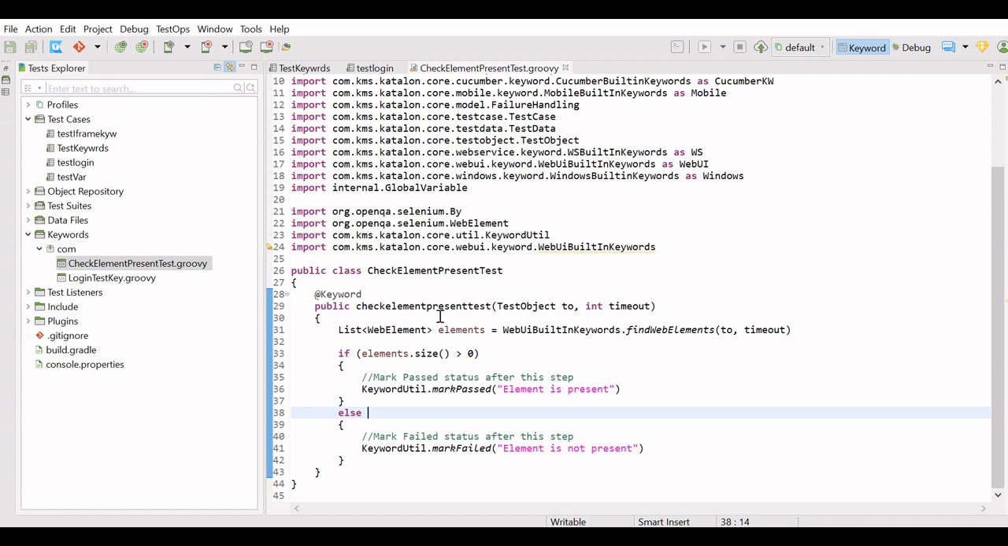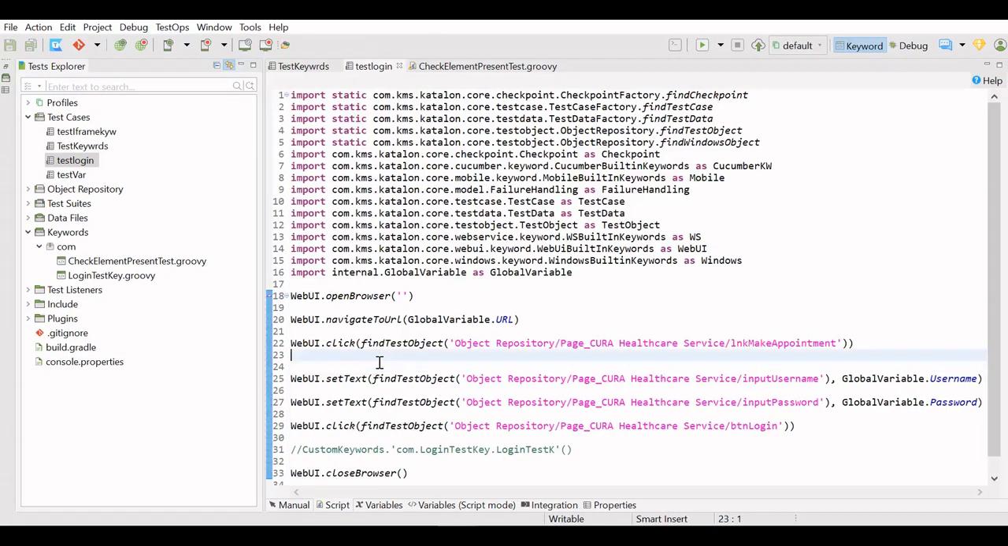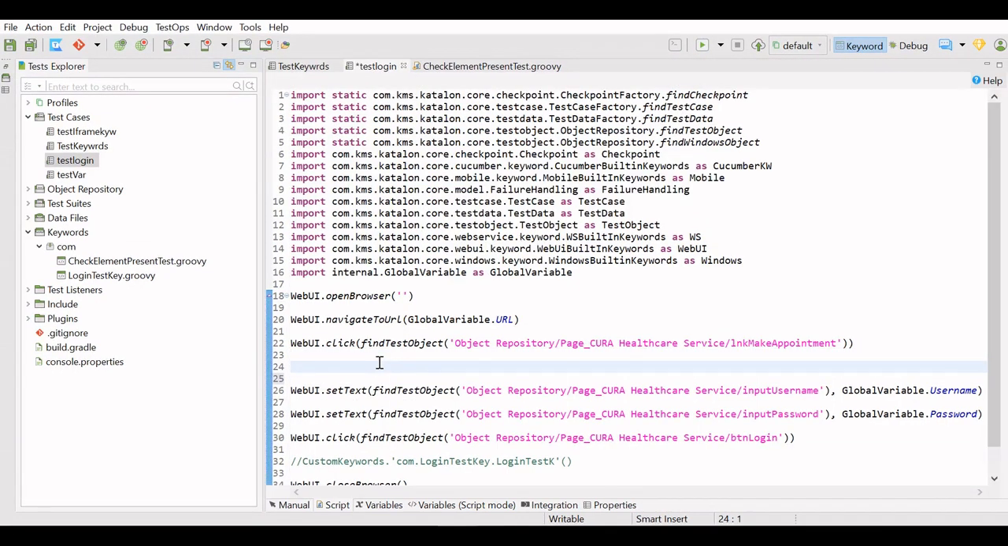Now we will use this keyword in our test case. We will go to test login test case. Here for now I will comment this custom keyword which we previously used, and we will add the custom keyword for our username field. I will add our custom keyword over here. Custom keyword